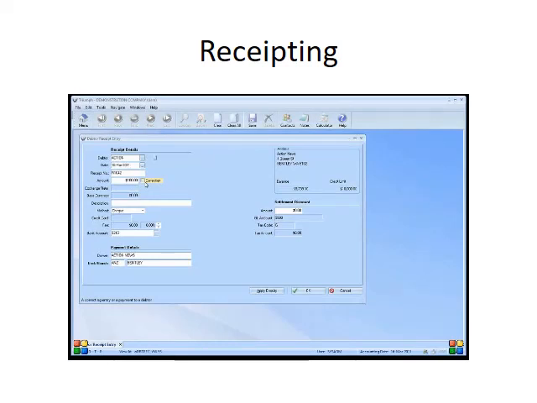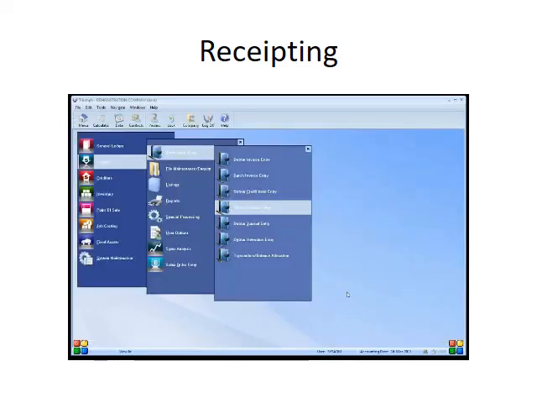If you take the correction off, you'll see down here, it actually will treat it as a payment to the debtor. So being slightly different in the fact that if we owed money to this debtor, we could record this cheque going out. I'm not going to process it, I just wanted to highlight that as a point. If we come out of receipting now, we'll have a look at the next transaction that we can do,